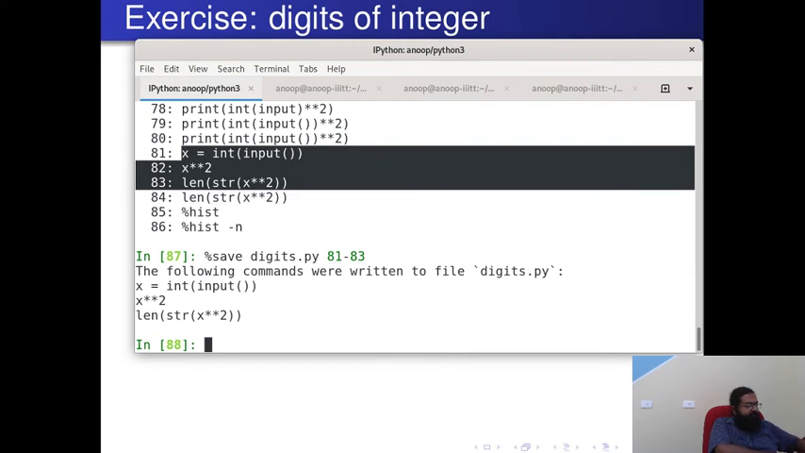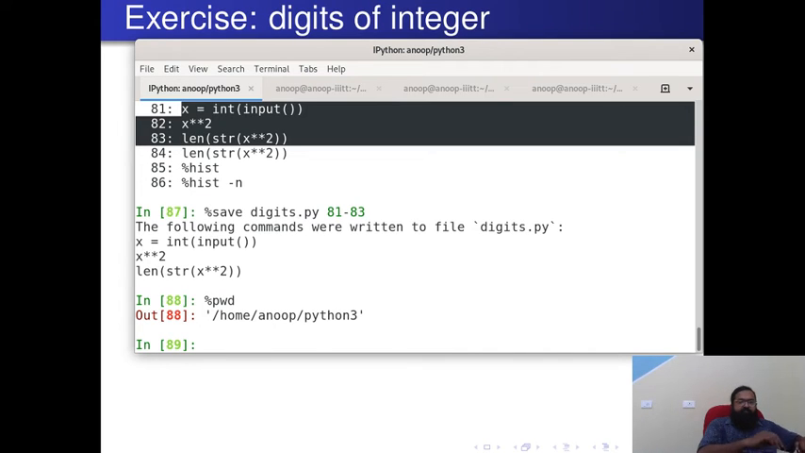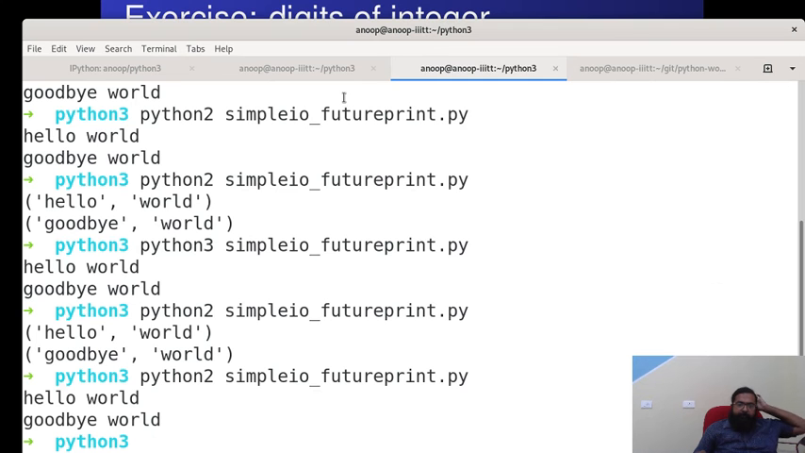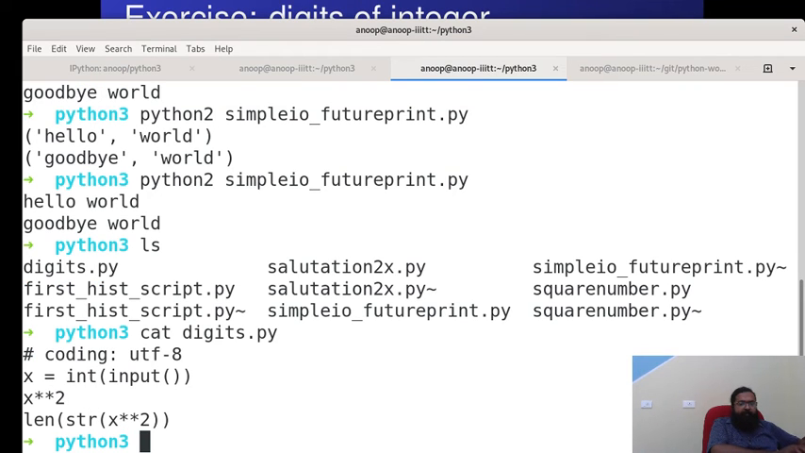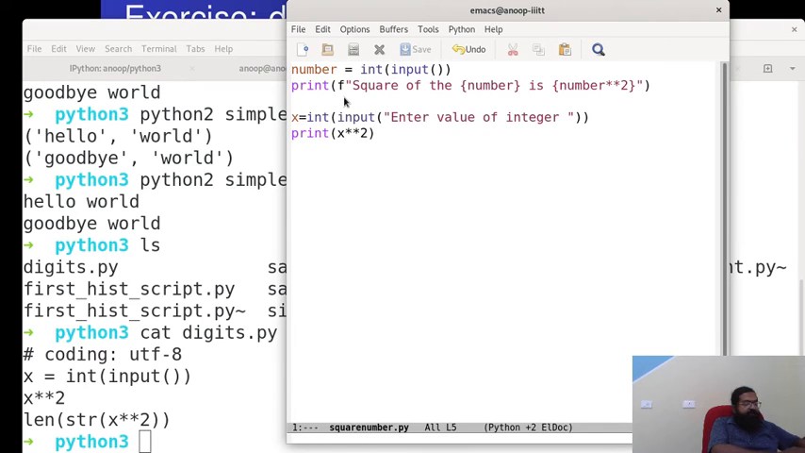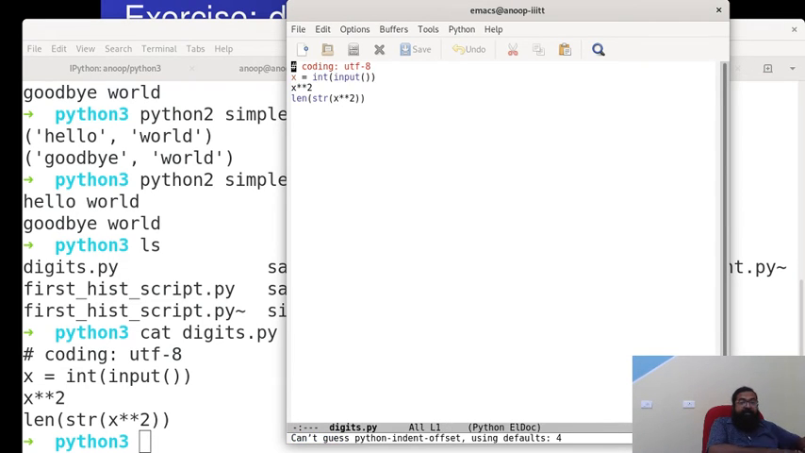Okay, percentage pwd. I'm in this particular folder. I have a file called digits.py. So ls, there's something called digits.py. So cat digits.py, but you know that it will not work unless you have the print function. So print